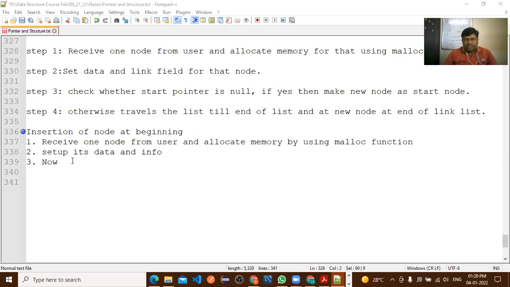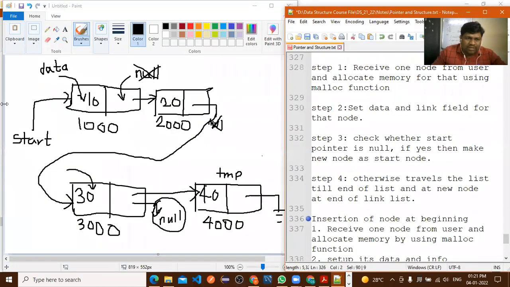Directly, what will we do? To whom is the start pointer assigned? The start pointer is always pointing to whom? The first element. And if you want to insert the new node as a first element, then what you need to do? Now I have given a trick. The start pointer is always connected to the first element. So I will show you diagrammatically. Look here, the start pointer is always connected with the first node, right? It is connected to this first node.